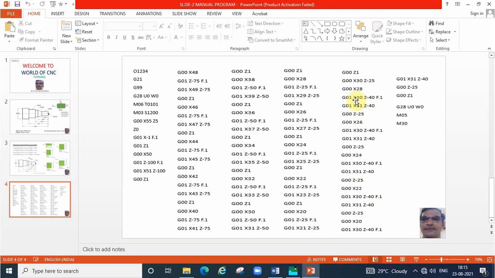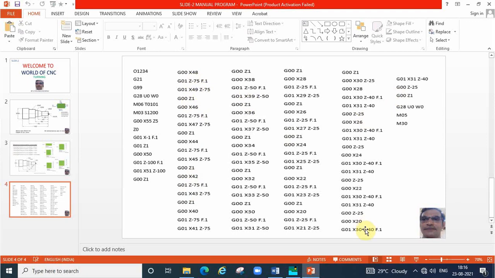Suppose we are not writing the X value, only Z, we will get a straight cut only. Okay, so we need taper, so we have to write both X and Z values in the same line with some feed rate. Okay, so this is the way to write the program. While writing the program, first you write for one step only, then copy and paste 5 times, simply change the values only. Easily we can write the steps. Where the X value is changing, where the Z value is changing, that only we can edit, for all the cuts.